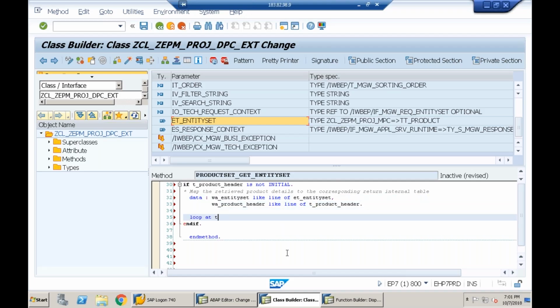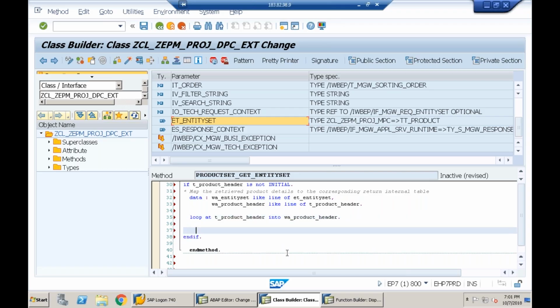What is that? I will loop my internal table. Loop at t_product_header into what is the work area declared? W_product_header. And loop. I need to append it to this internal table. What is the work area declared? W_entity_set. So I'll say clear W_entity_set. W_entity_set-